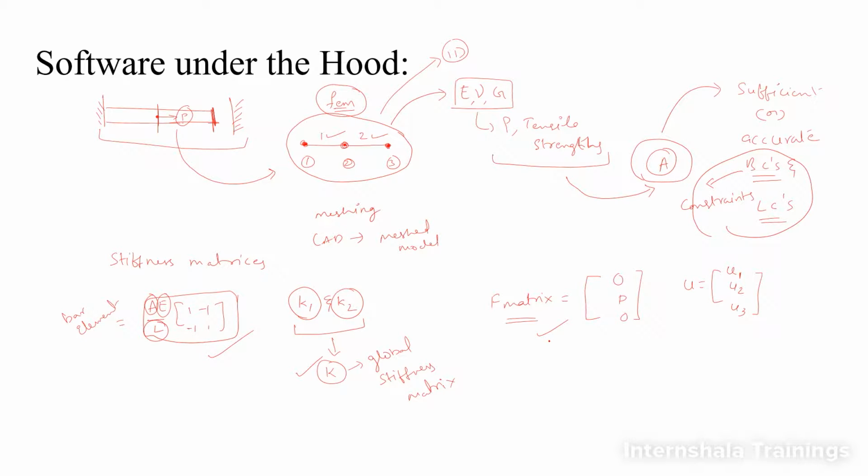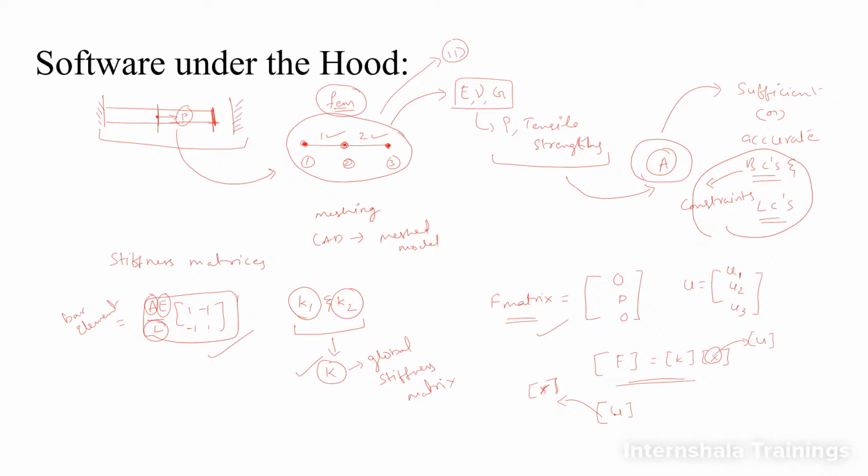So for structural analysis, the characteristic equation is nothing but force equals stiffness into displacement. Using this characteristic equation, the software will try to find the unknown x, which can be represented as u, not a problem. The software will solve these equations using different numerical techniques and find the displacement matrix, which we represent here as u. In most cases it is also represented as x, F equals kx. Both notations are fine.